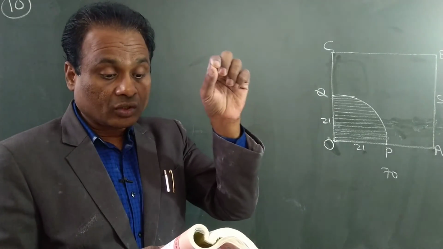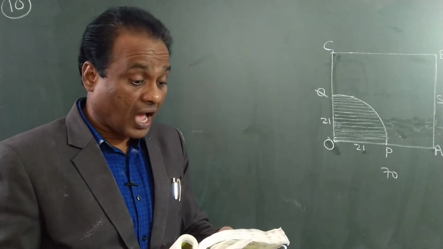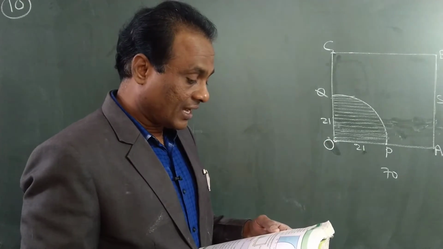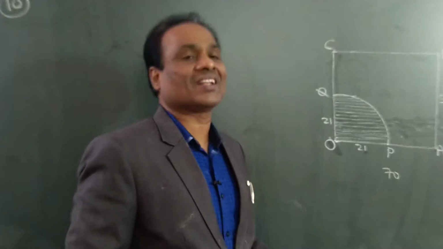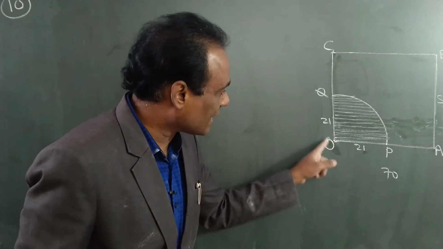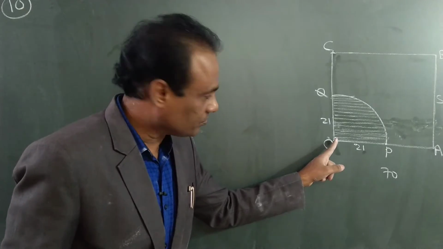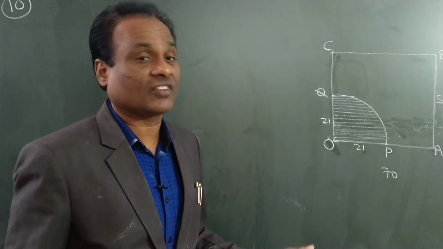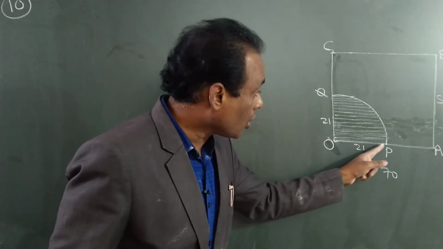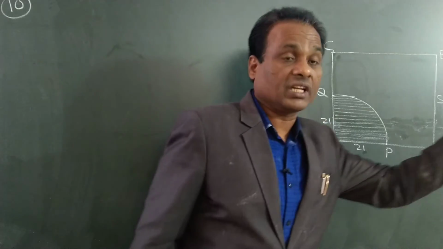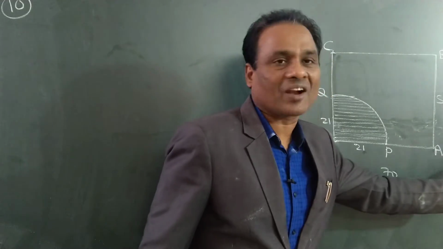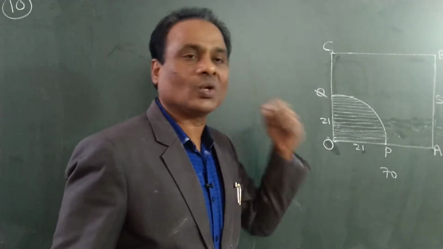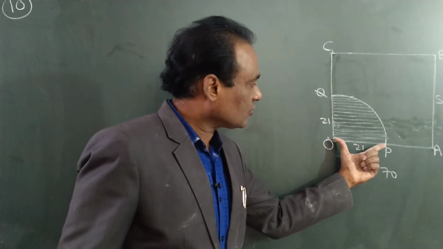And it is tied to one corner by a rope. So the horse is here and rope length is 21 meters. So horse is tied here. The length of the rope to which the horse is tied is 21 meters. So that means horse can go up to 21 meters. It can move. After that it cannot move because the rope is 21 meters only.